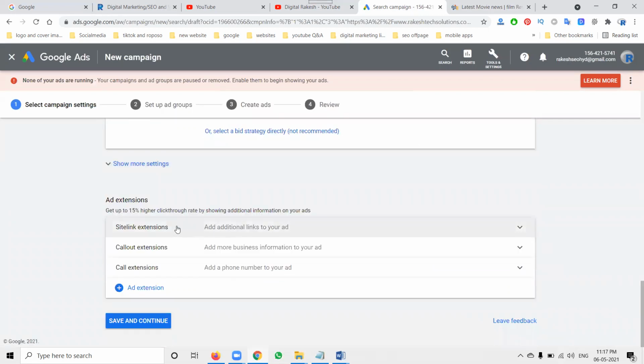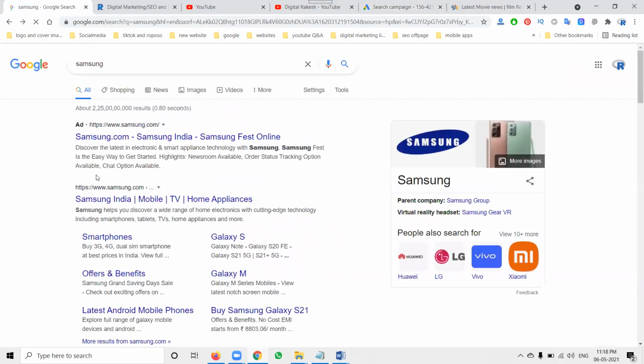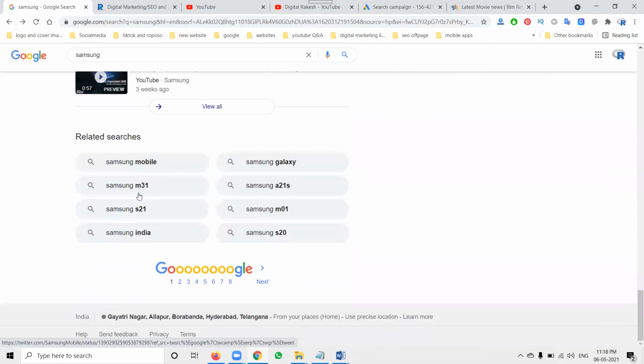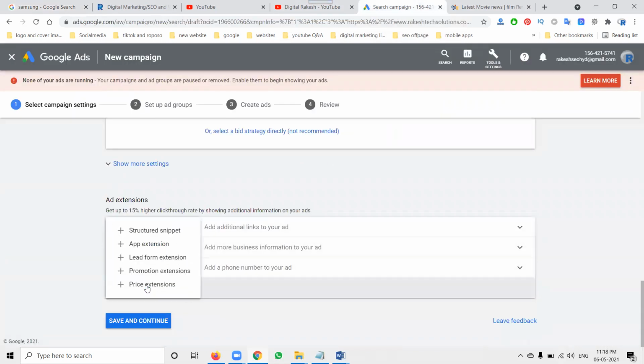After this, what extensions are required? Suppose I'm searching for this option, there will be extensions. You can select the extension options also. These will be shown to customers in a particular format. They include call extension, app extension, lead form extension, promotion extension, price extension, everything we can show to customers.